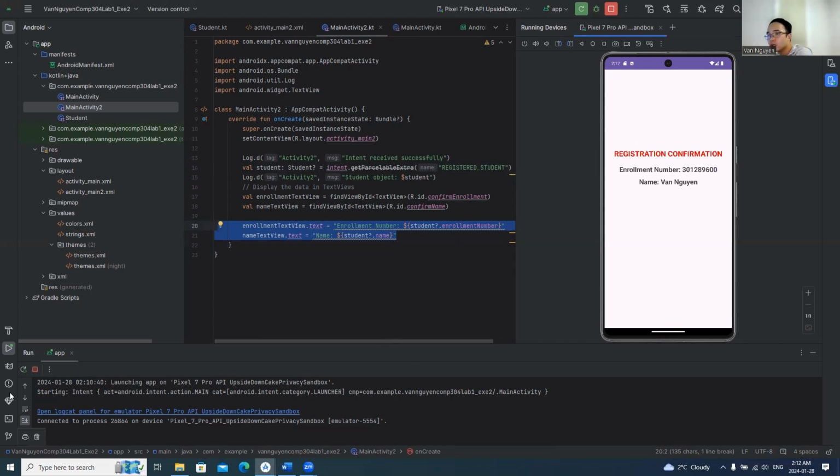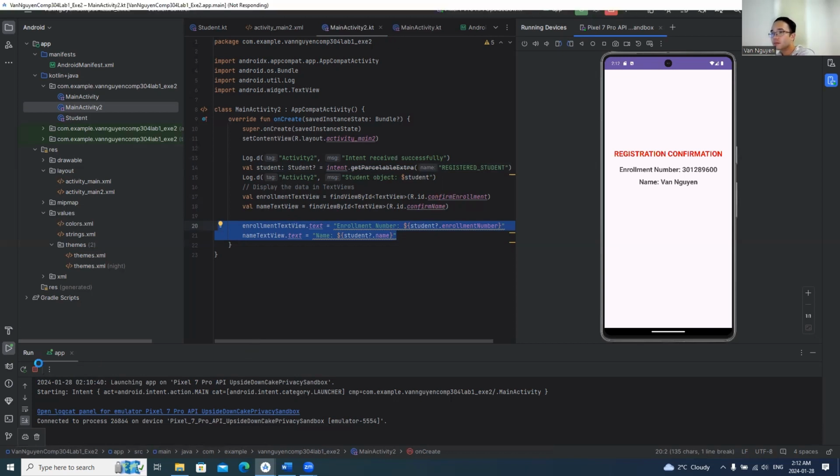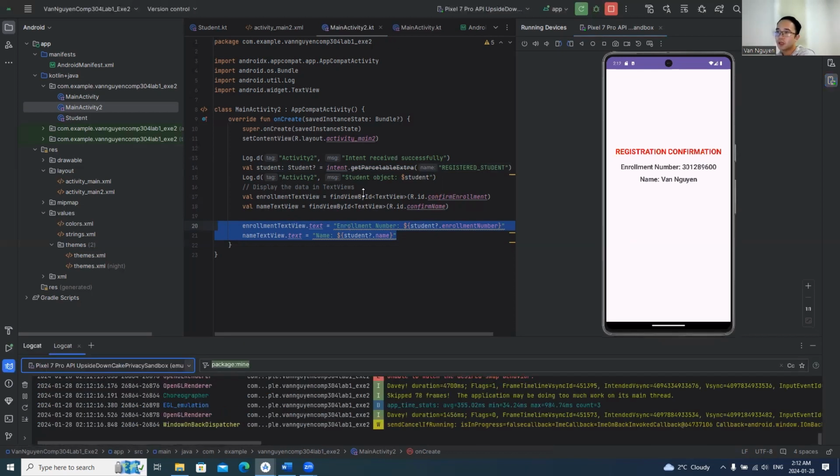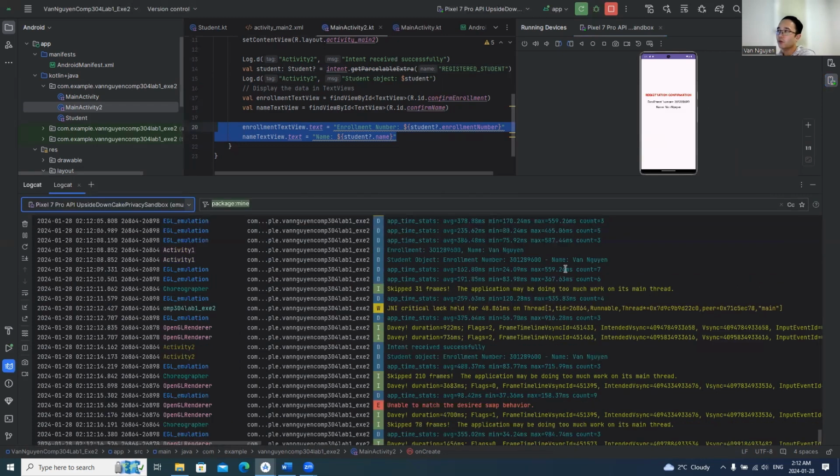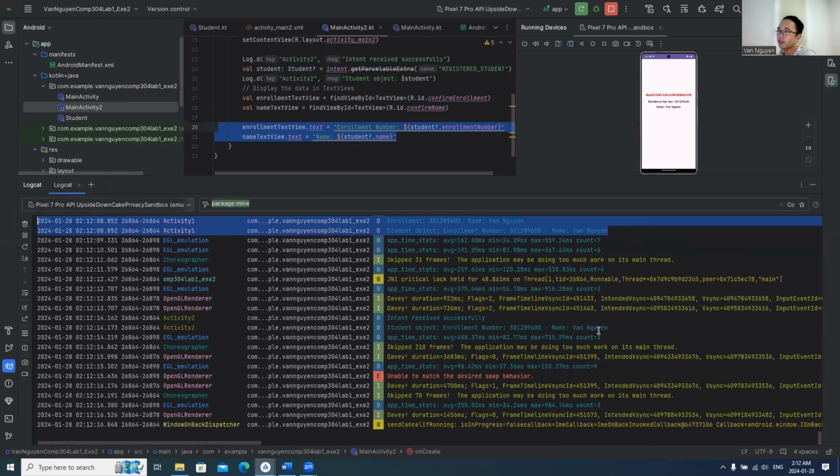Now let me show you the log. As you can see, activity 1 passes the data in here, and for the activity 2,